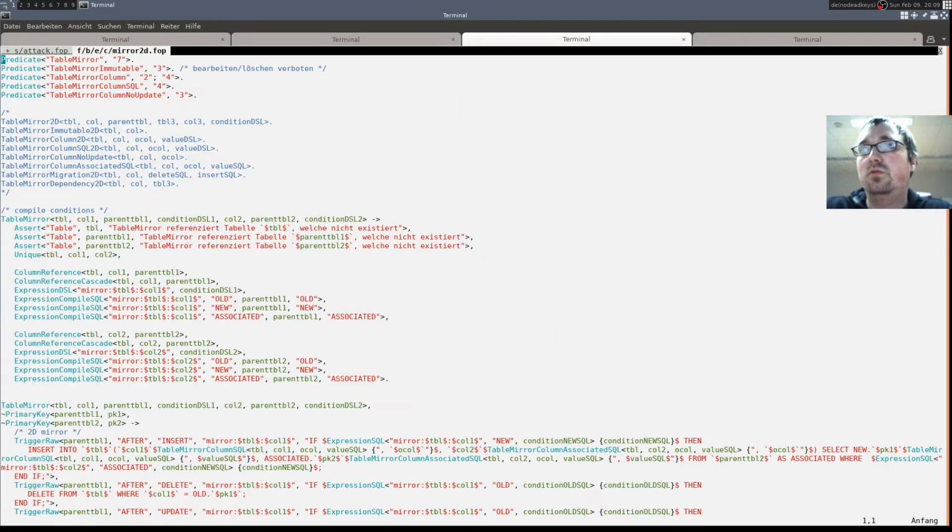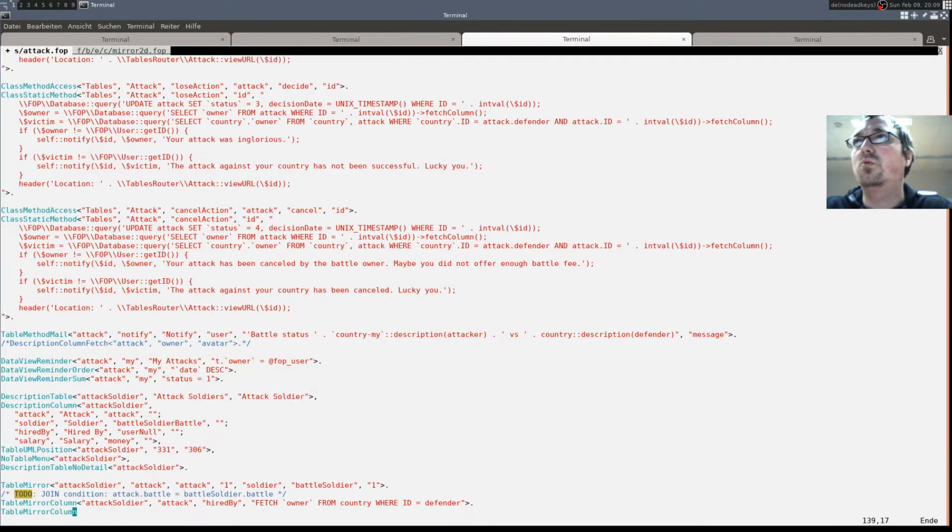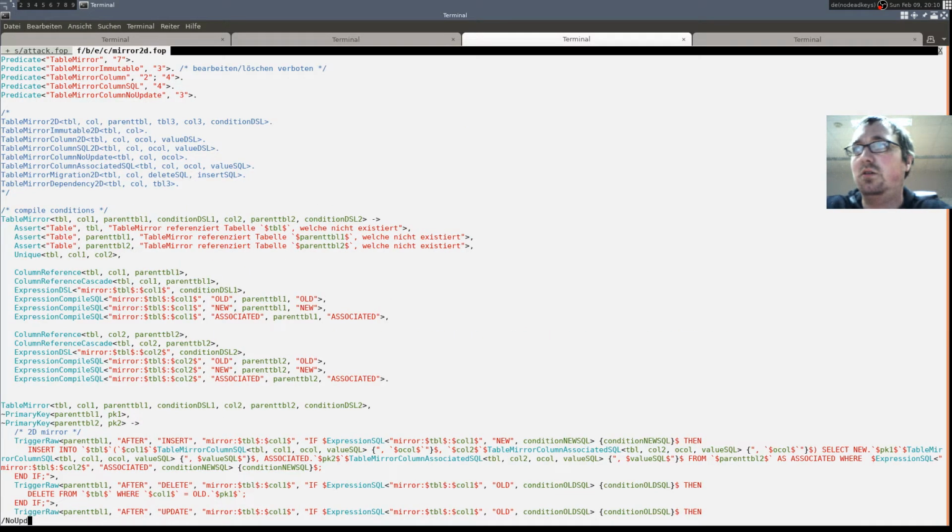CRUD mirror 2D. Table mirror column, no update. So attack soldier dot attack